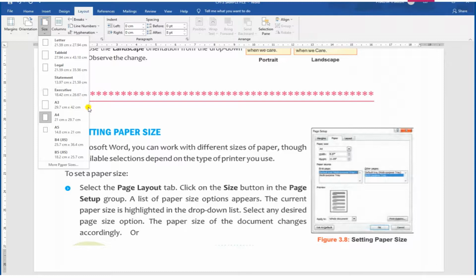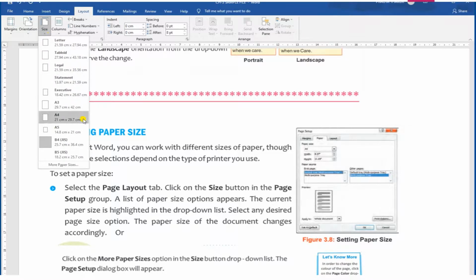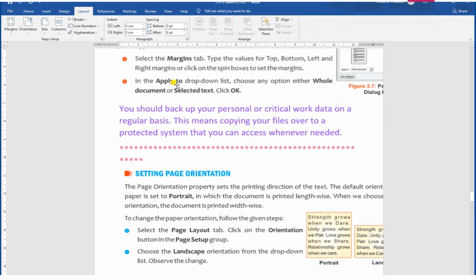Now I'll show you the change. By default it's set to A4 size paper. Now I'm going to change it to B4. See the difference on the page. Okay, this is B4 size. Now A5 is smaller than A4. Okay, now I'm going to change it to A5. You can see if I send this particular document for print in A5 size paper, this picture will not come properly. So in this way, before sending our document for print,